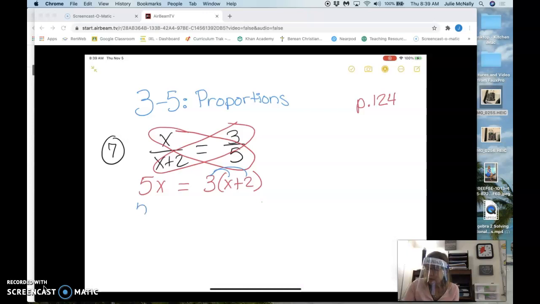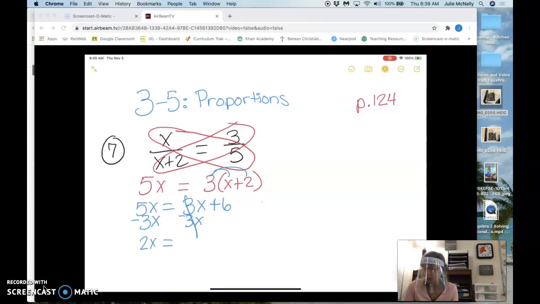my 3. So I'm just going to bring 5x down. 3 times x is 3x. 3 times 2 is 6. And then solve. So again, I have an x on both sides. So I'm going to move the x over to the side that already has an x alone. You could do it the other way, but it's going to be another step for you, because then you're going to have to move the number. This way is just